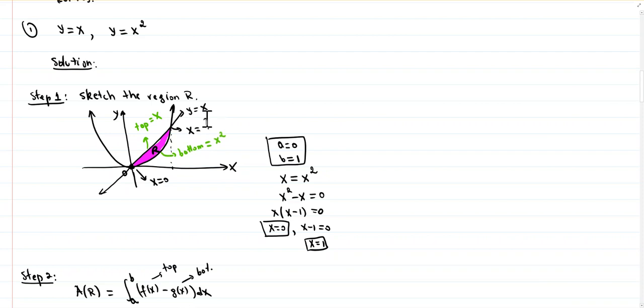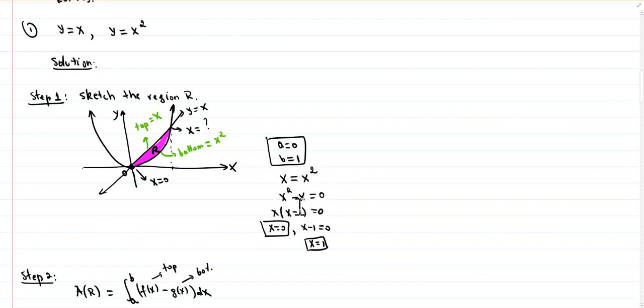So one function is y equals x, another function is y equals x squared. So what you're going to do is set x equal to x squared to find the intersection. So it's being set here, x equals x squared. So this is a quadratic equation. Anytime you're trying to solve a quadratic equation, it's advised that you put all the terms on one side and leave 0 on the other side. So what I did was subtract x from both sides. Do not divide by x. Okay, you cannot divide by the variable. You're going to lose another